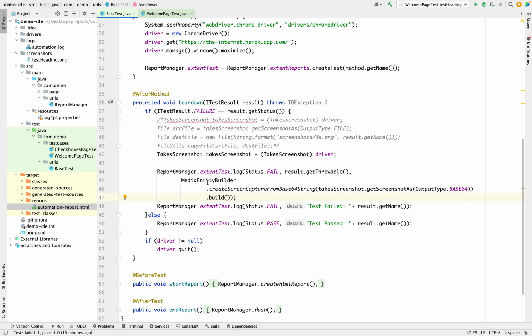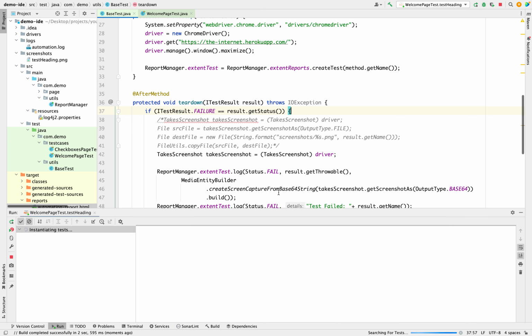Okay. So in this we are passing the status as fail. Then as the second parameter, we are providing the error stack trace, and then with the last parameter we are attaching a screenshot to our report. So now let's run our test and see